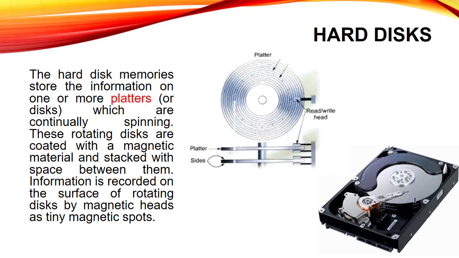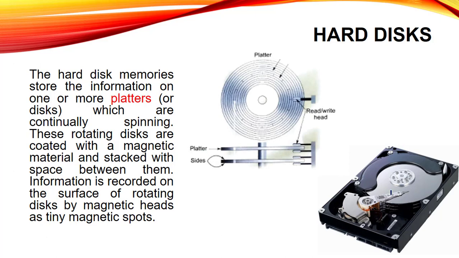You can see that we have multiple disks inside this one. Inside this hard disk case, we have multiple CD-like disks. In each disk, data is stored, and these disks are termed disk platters. Every disk platter is readable from both sides, and on each side there is a read-write head. This arm that you can see here is the read-write head of our hard disk, and with the help of this arm, our hard disk is generally managed.